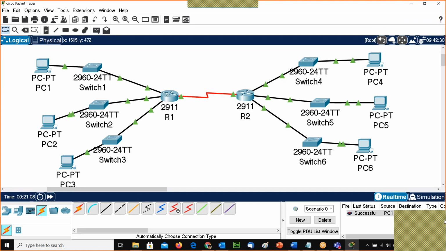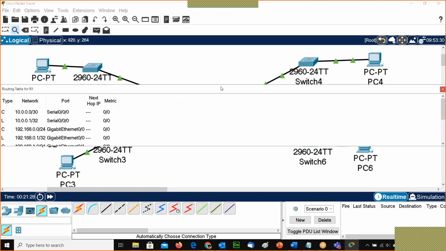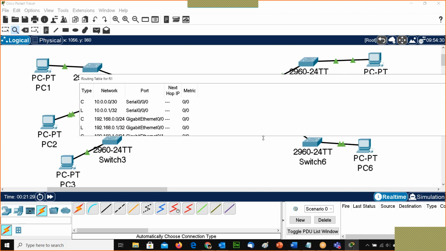Let's see, this is successful. I can also ping from PC2 to R1. This is also successful. PC3 to R1 is also successful. So again, I can validate the routing table of R1. I can go and check it.